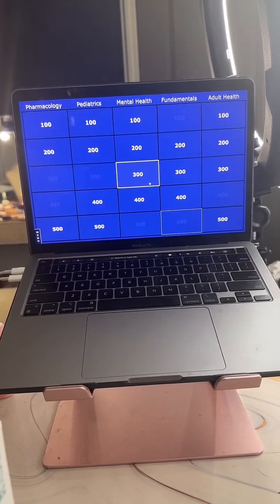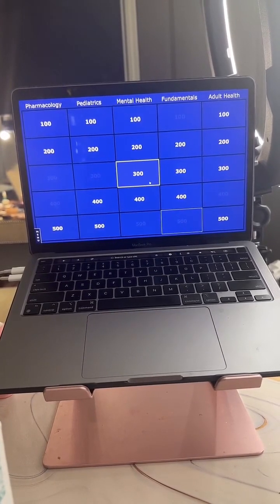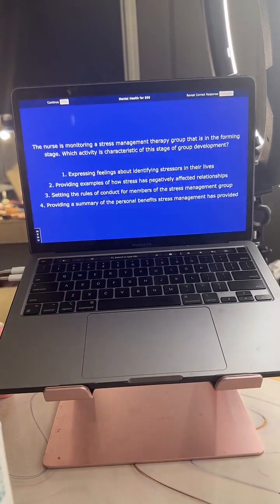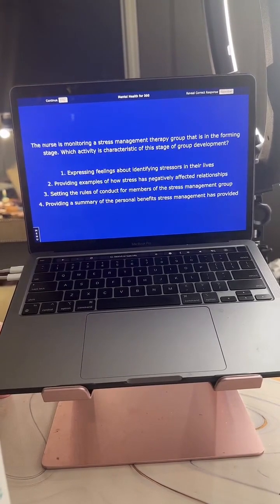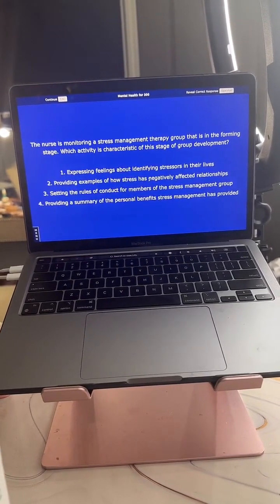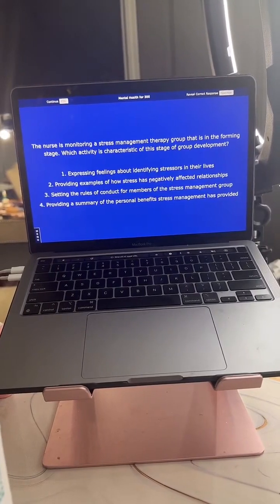I take NCLEX tomorrow, and doing this Jeopardy has been helpful. Yay! First of all, good luck to you. There y'all go. Good luck to you, love. I know you are going to come back in about 2 days and let us know that you passed, and you are now either RN or LPN. Yes, nurse. So good luck to you, and I can't wait to hear how you did. Nurse gang.